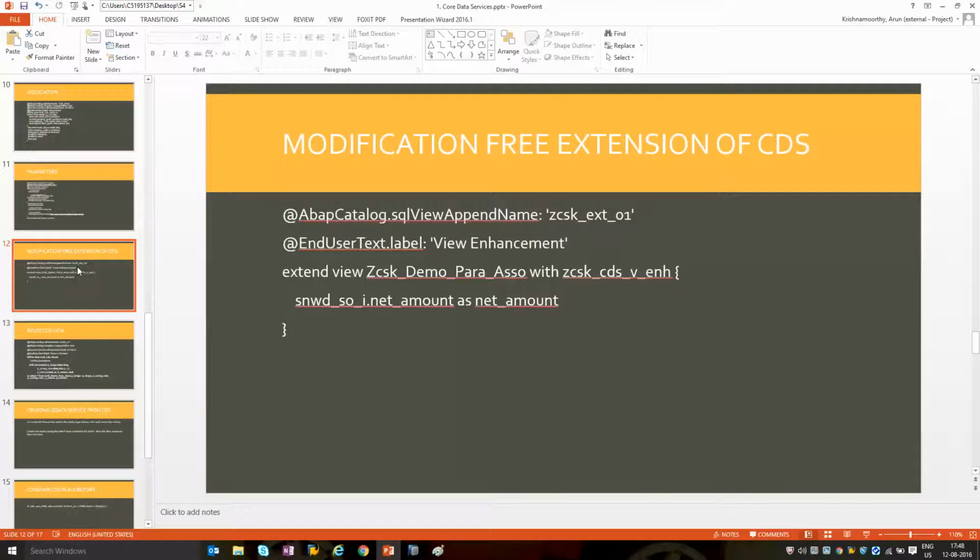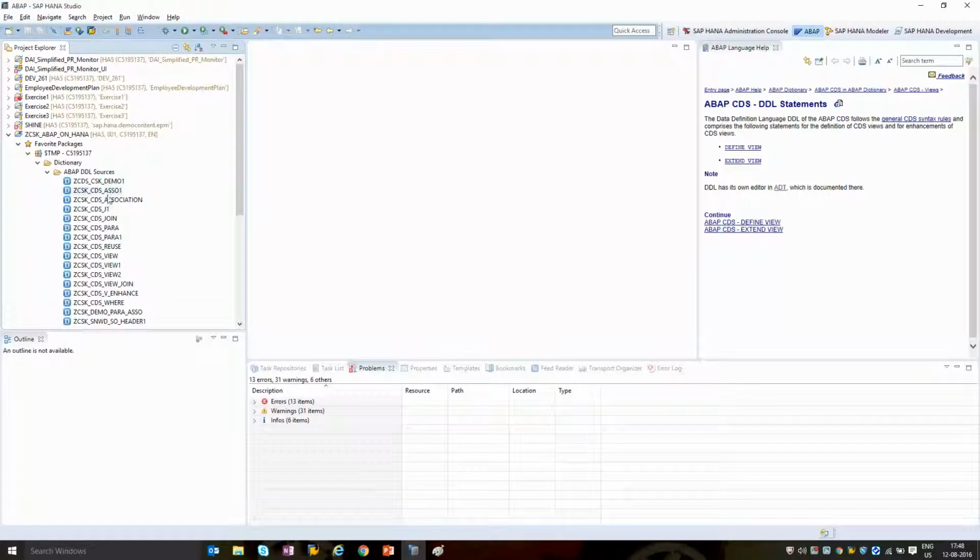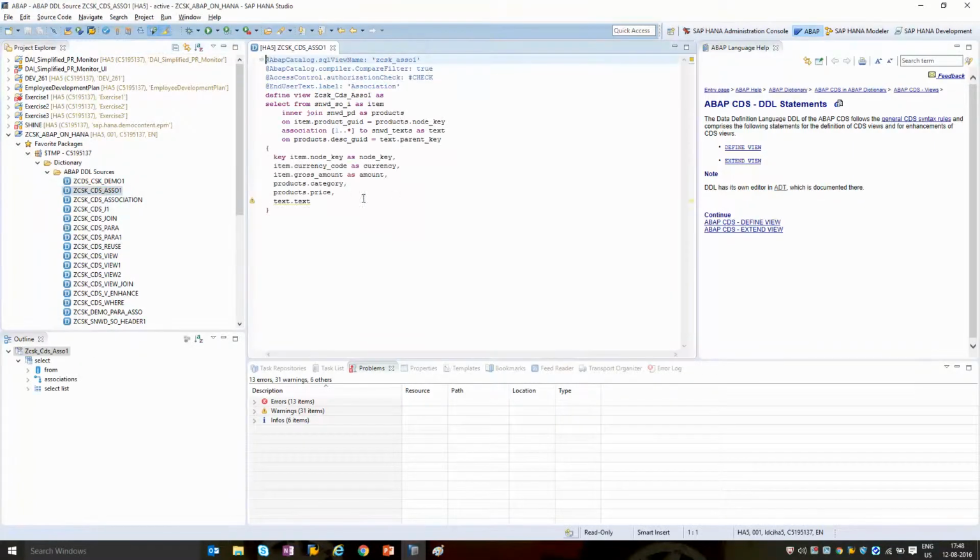Hi. In this tutorial, I'm going to show you how to extend your CDS view with more fields or more functionality without modifying the actual CDS document. So when I have a requirement wherein I wanted to add two more fields to this CDS view in